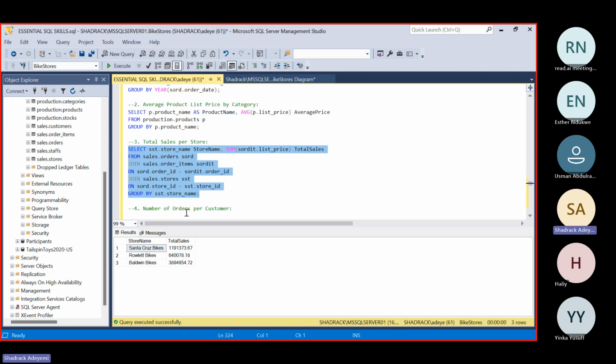We could also try to order this information, maybe in the order of the stores that are bringing the most money for us. So order it by the total sales. That's what we're trying to sort. So order by total sales, but in a descending order, from top to bottom, so that's why I added the DESC. Executing this will tell you that the Bowden bike seems to be our most profitable store, but they seem to be selling way more than the rest.